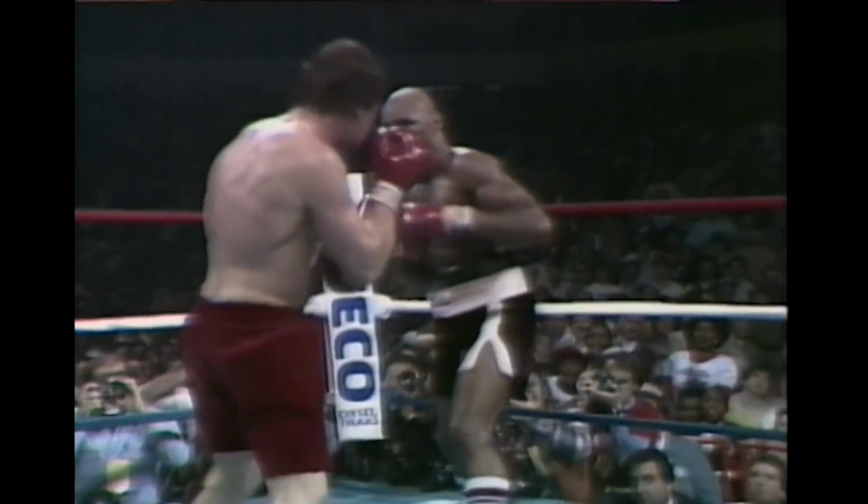A little bit of chaos going on in the ring as